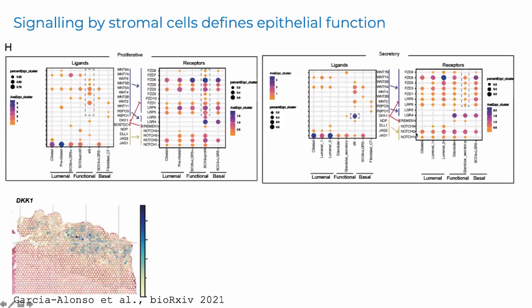So we of course wanted to study the signals from Wnt and Notch, and to do that we use CellPhoneDB, the one that is integrated with the space. And we divided it into proliferative and secretory phase. In the proliferative phase, we see that Wnt is active kind of everywhere, and that makes sense because it's essential for proliferation. But then in the secretory, in the cells that are the secretory lineage and the ones in the glands, they downregulate Wnt receptors, and also these stromal cells or endometrial stromal cells that are fibroblasts that intermingle with the glands express DKK1, which is a potent Wnt inhibitor.